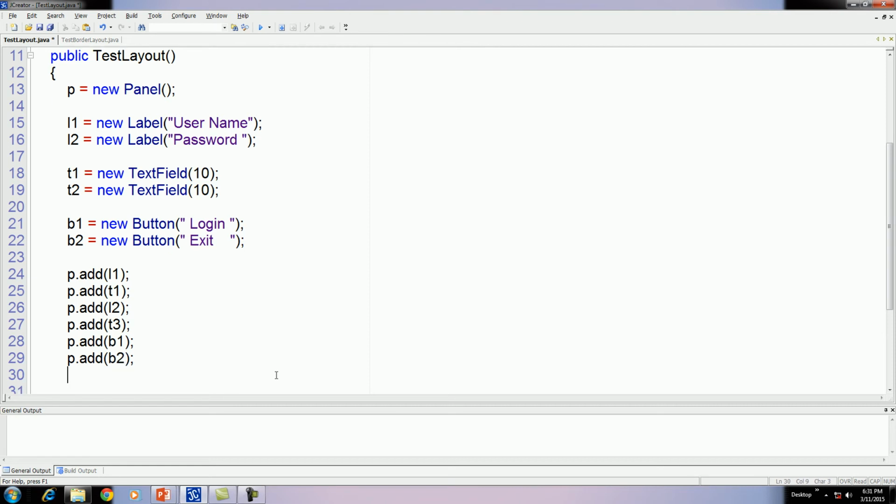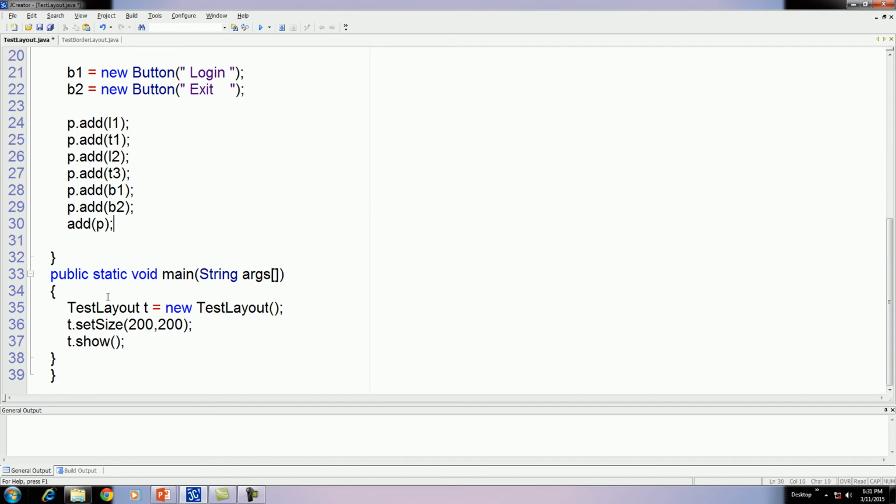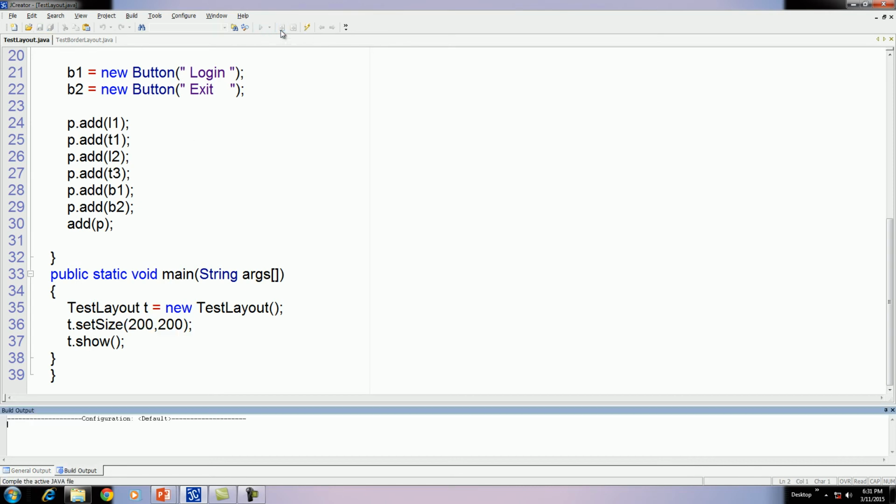Don't forget to add the panel to the frame. Now by using the main method, let us create the object of this class, then set size and show method. Without layout, let us check